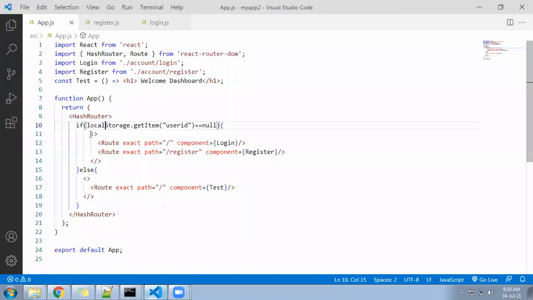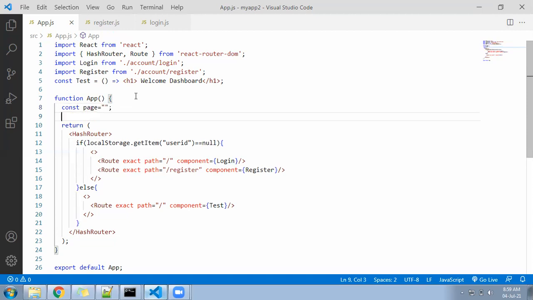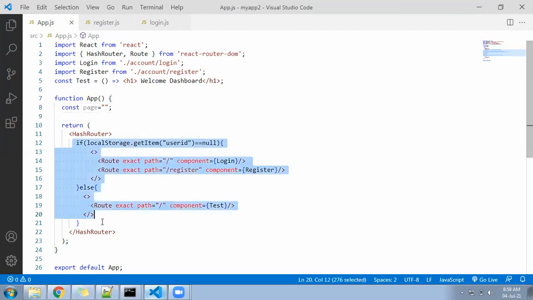I have another solution. One minute, wait. The same thing we can write in some other way. We can keep a variable here, a variable called page, with const. Page equal to nothing. Now let me come back here and apply the same thing there also.